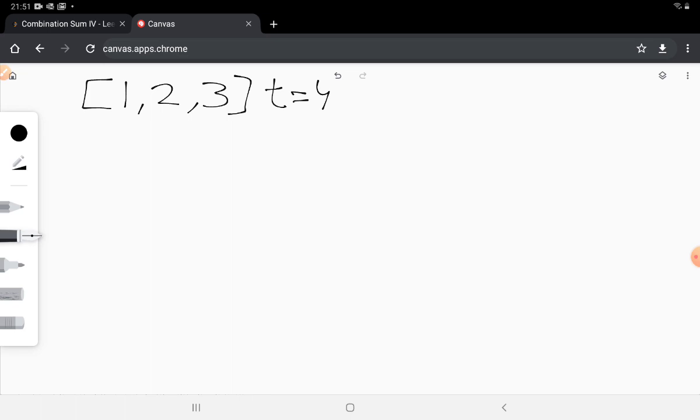A way to think about this is the problem is target of 4 with 1 2 3. So how can we split it up into smaller problems? Let's say I have 3 options to choose. I can choose 1, or I can choose 2, or I can choose 3 from this input array. If I choose 1, my target gets reduced to 4 minus 1, which is 3, and I again have 1, 2 or 3 to choose from.